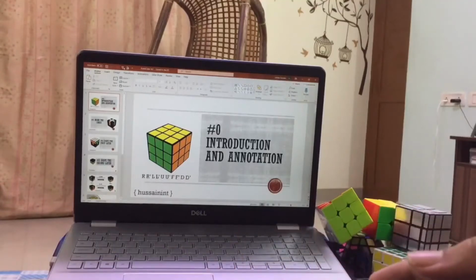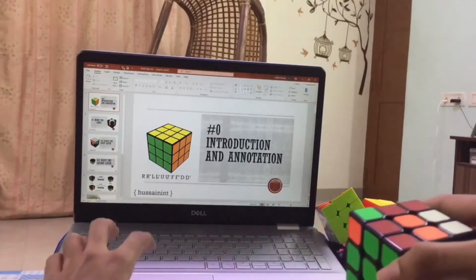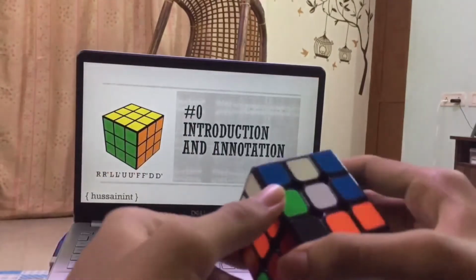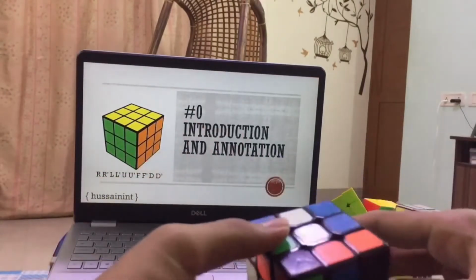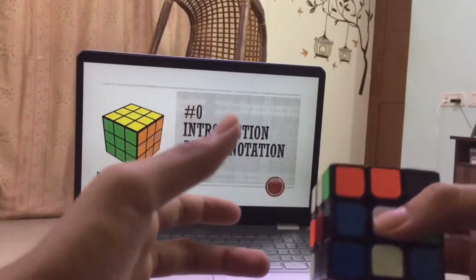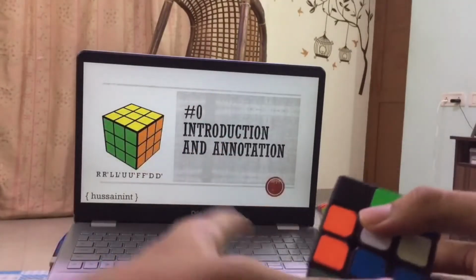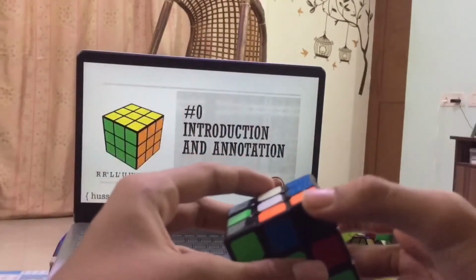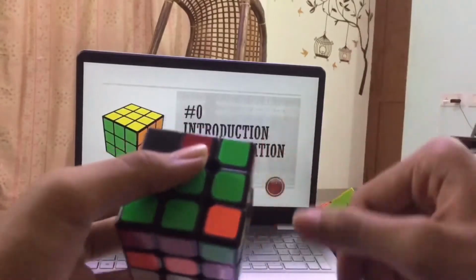In this video series, I will be teaching you how to solve a Rubik's Cube. This is the first part of the video series where I will be teaching you about the annotations and how to solve the first layer. So in order to solve a Rubik's Cube, you don't have to be smart, but you'll have to follow an algorithm. That's it. An algorithm is nothing but a formula, and to know that